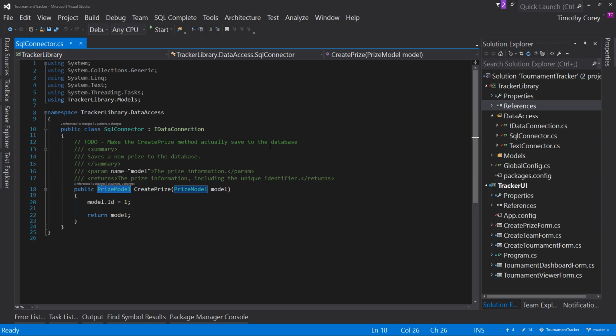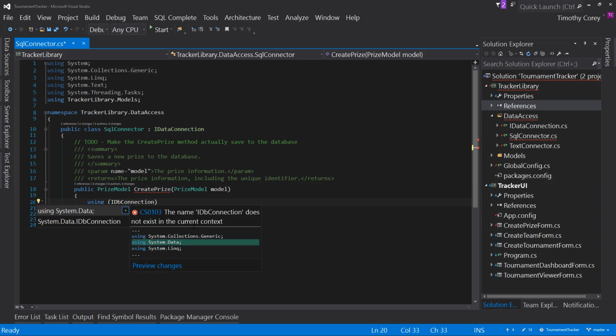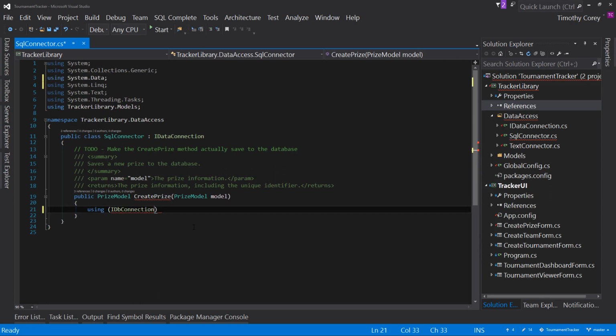Now back here again. So I've done a couple of setup things. Now I need to actually put some kind of code in here that does something. So let's get rid of our sample code. I'm going to add a using statement. Using, and then the open parens, IDbConnection. And that's not in the using statement list, therefore I do Ctrl+. using System.Data